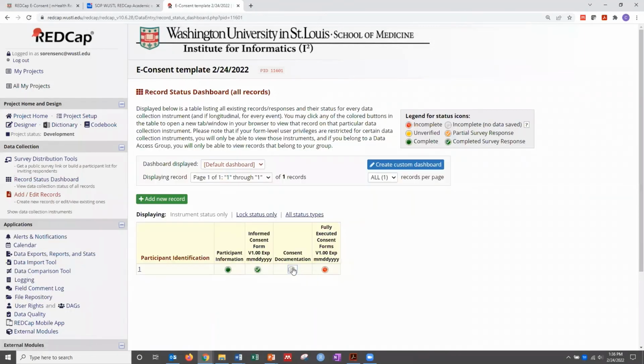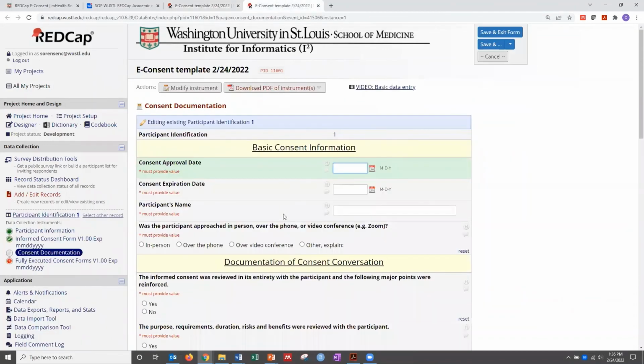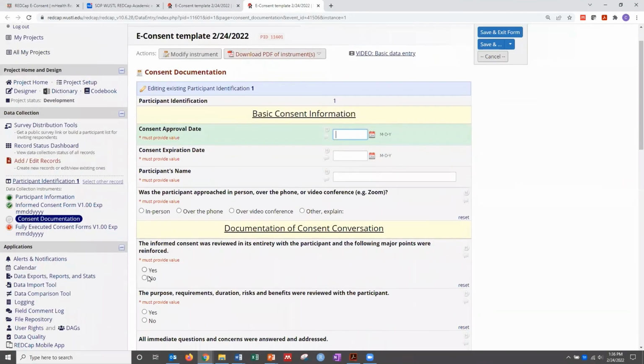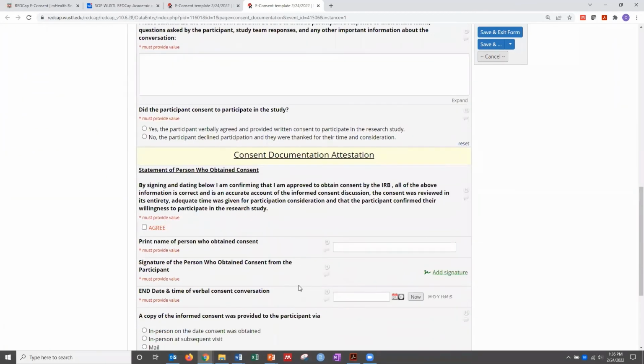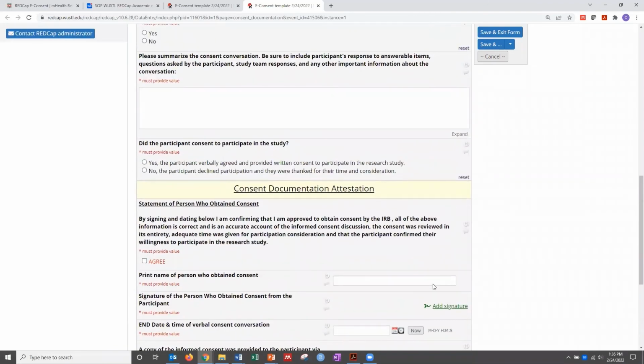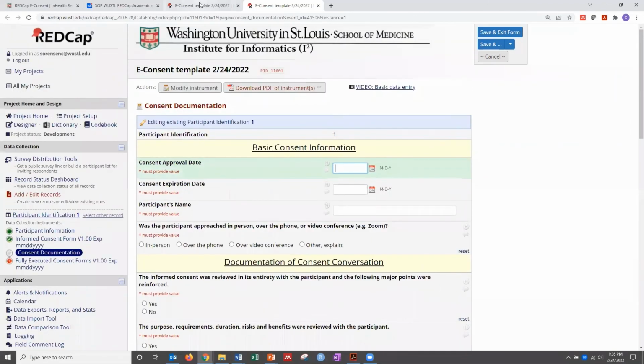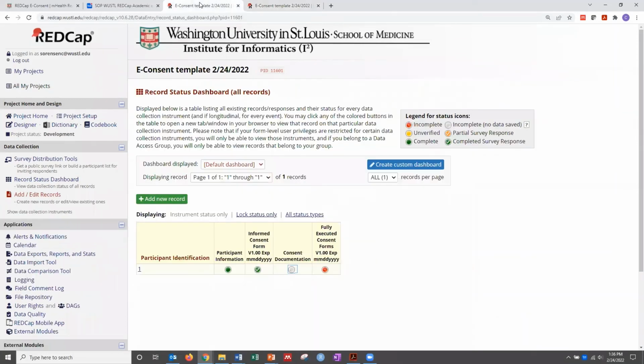Another thing that I forgot to do, just going quickly to finish here without too much overtime, is that as a study team member, I would have opened this consent documentation and gone through and filled this out, said yes, yes, filled everything out, gave my summary of the consent conversation, and then signed that everything was good. We'll skip that for right now. So the next step is to go in and sign this as the study team member. We'll go ahead, I'll open,